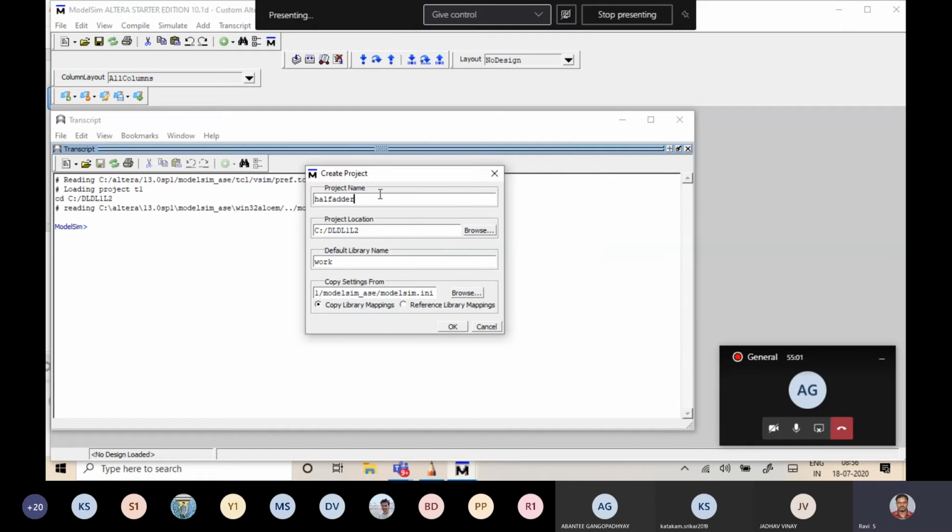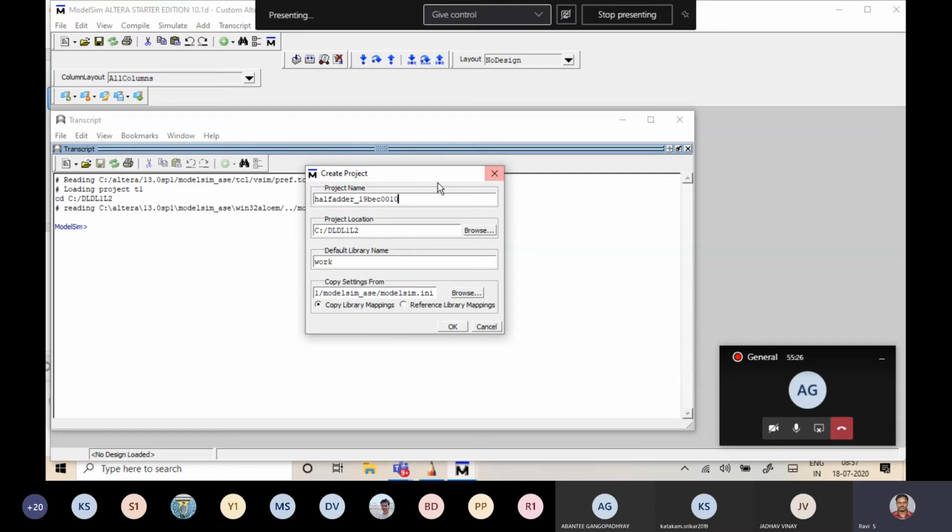So give your project name. Better you give your project name as your module name: half adder, full adder, multiplexer. For clarification purposes, also write your registration number, like half adder 19BEC0010. What it says is that 19BEC0010 is simulated.